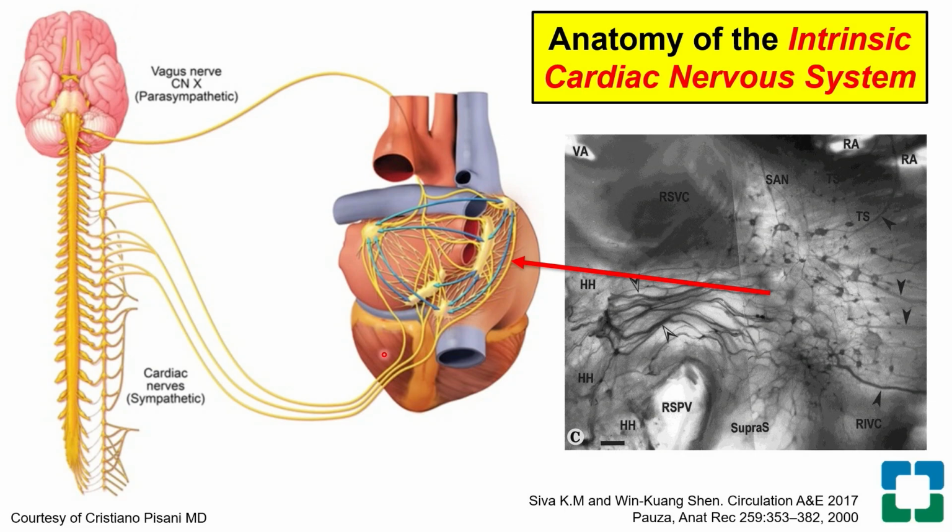Quick word about the anatomy here. There is an extrinsic innervation of the heart, which we don't touch, of course, with this. There is an intrinsic one that tends to be clustered in specific regions. There is a paraseptal region here, where the ganglionic plexi are. There is a superior paraseptal that provides innervation to the sinus node, and an inferior paraseptal that predominantly provides parasympathetic innervation to the AV node.